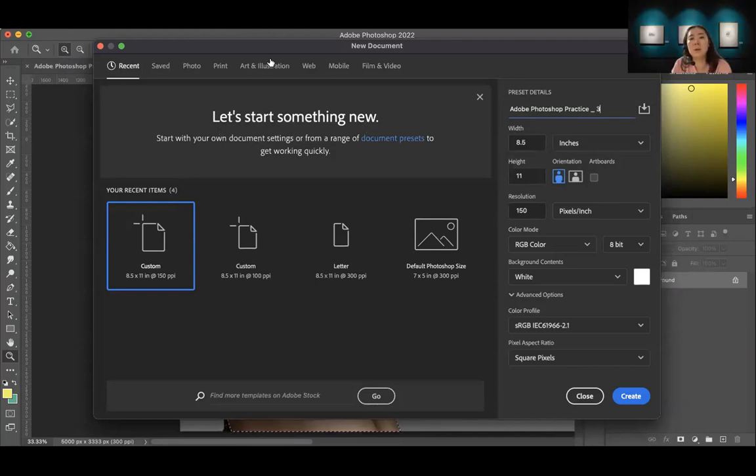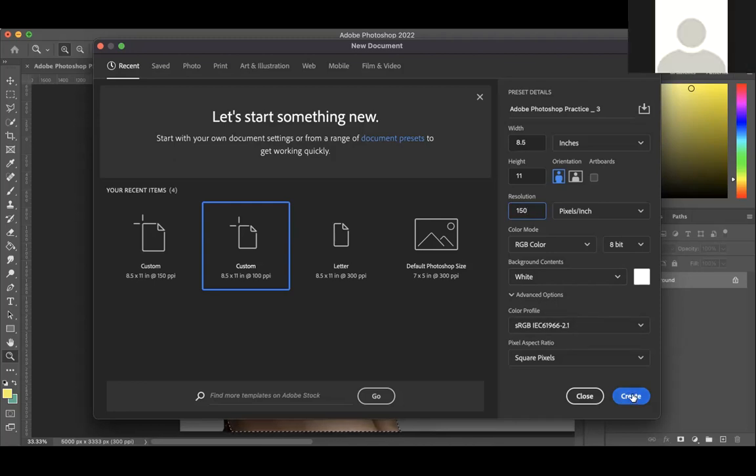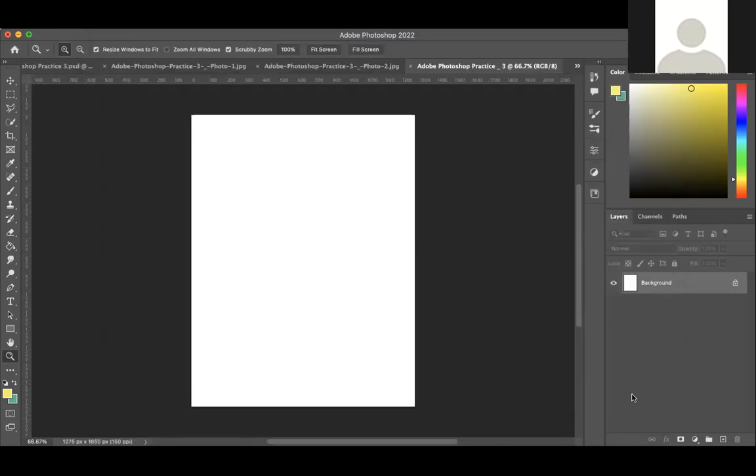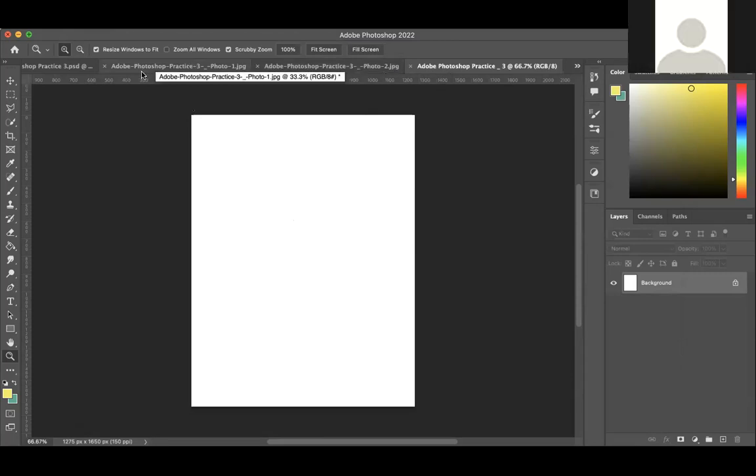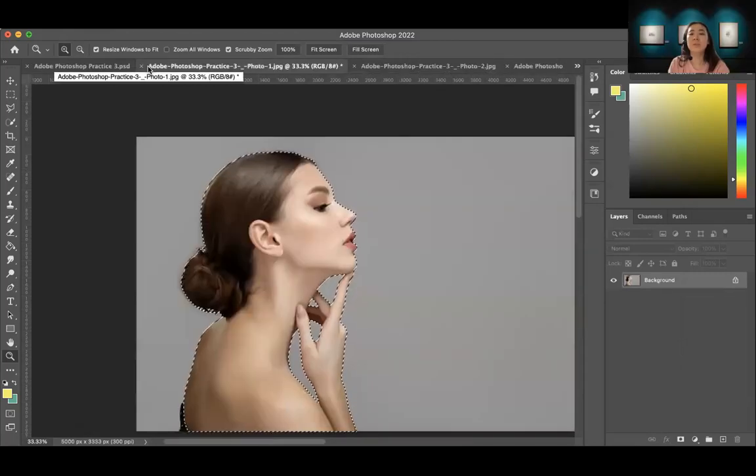So, please create a new file, letter size, but the resolution should not be 300. No, it's too large. So maybe 100 or 150, and just hit create. And now you will see a new file and go find the model's picture